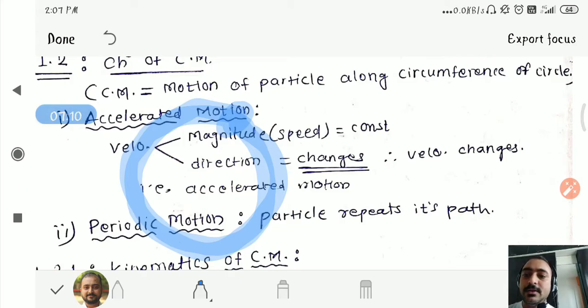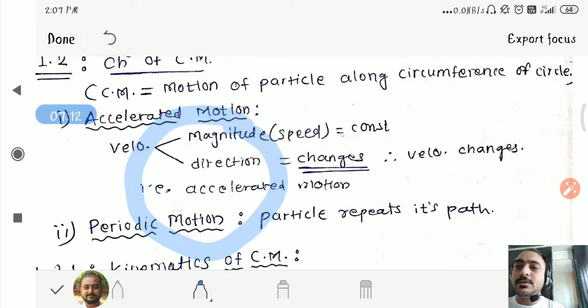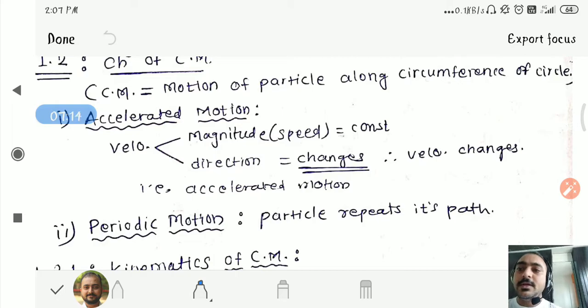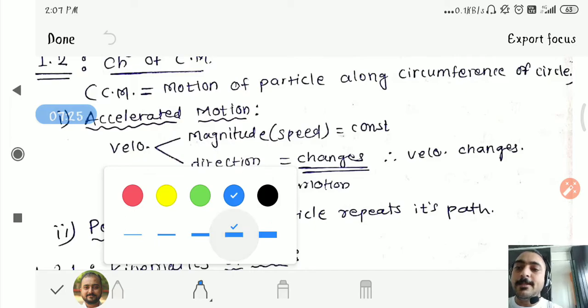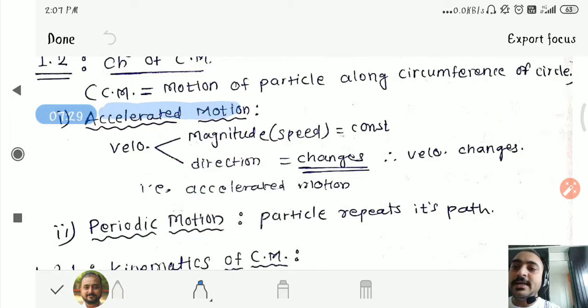Okay, so next thing, this circular motion has two important characteristics. One is that this motion is said to be accelerated motion. So why is this motion said to be accelerated? First thing, the motion is constructed of,